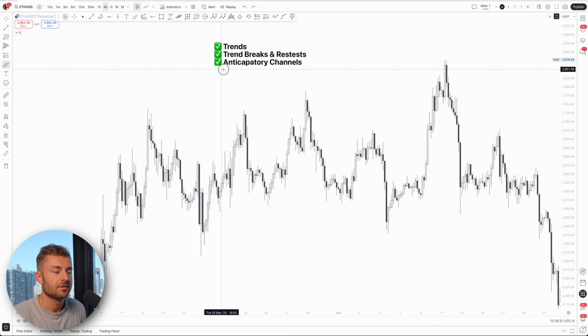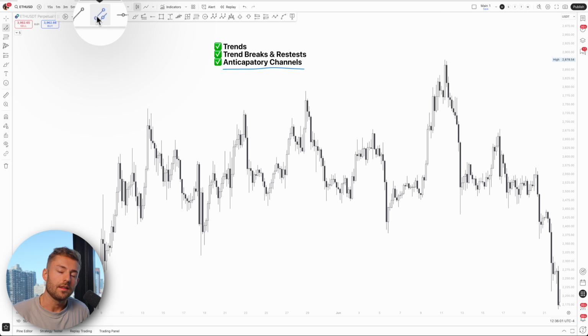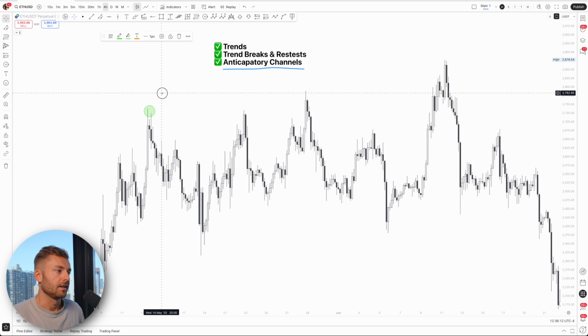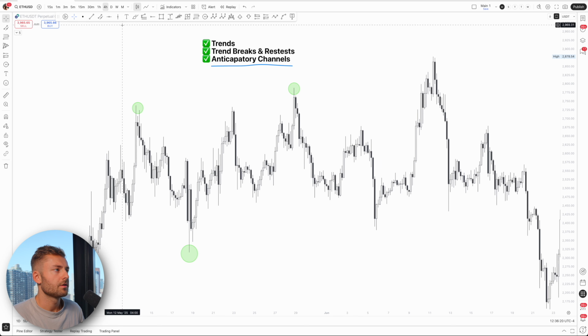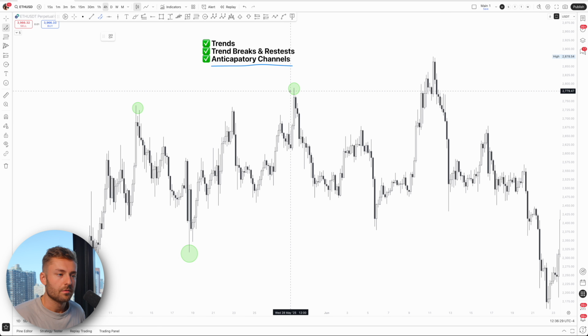And the third thing when it comes to support and resistance, as well as identifying trends, is something that I call anticipatory channels. Basically we can use something called the parallel channel tool on TradingView. What I'm looking for are big swings in price action. So we see a big swing over here, we have our big swing over here, then we have our external big swing over here. And what this is going to allow me to do is, once I have 1, 2, 3 points of contact, it's going to set me up in conjunction with our other analysis to figure out where our next swing point can be,